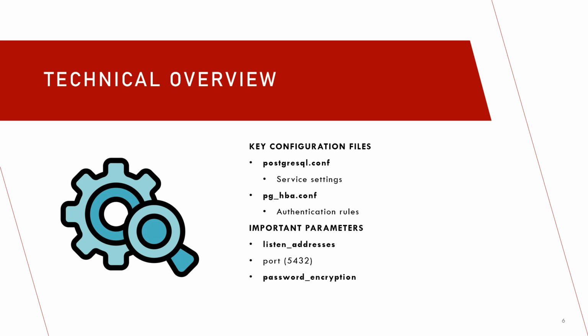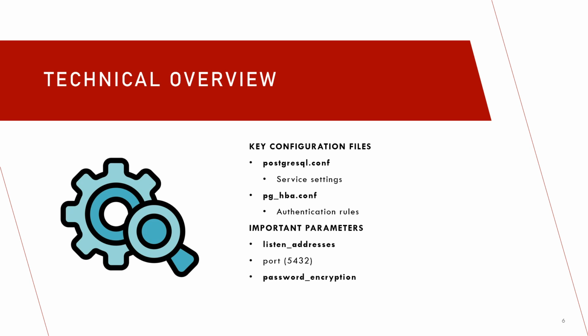So PostgreSQL's configuration is handled through 2 main files. It's the postgresql.conf file, which controls settings like network connections, performance, and logging, and the pg_hba.conf file, which controls who can connect, where they can connect from, and what authentication methods they use. So we are going to be dealing with these 2 files when we are configuring our servers to make them